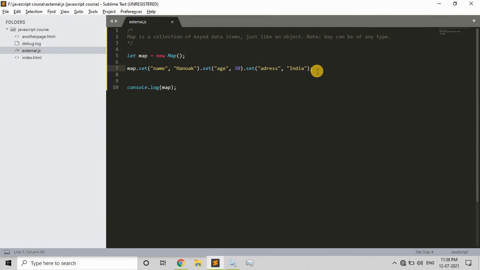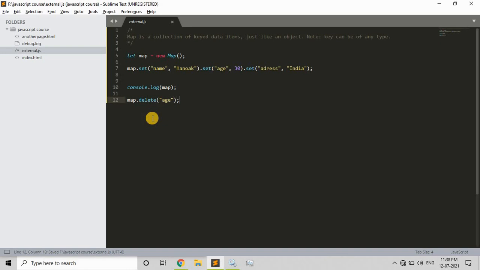Now the thing is how to remove stuff from the map. I'll have a console over here, and then we'll say, now how to remove my age from this map. There is a function called map.delete, so simple, and here you need to give a key. The key is obviously age.